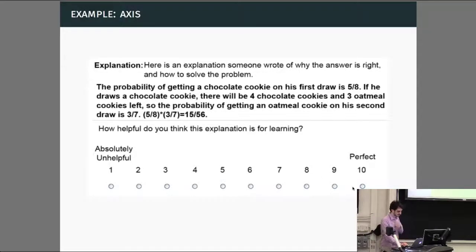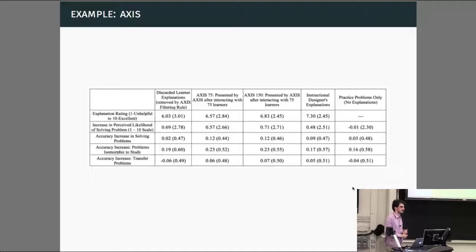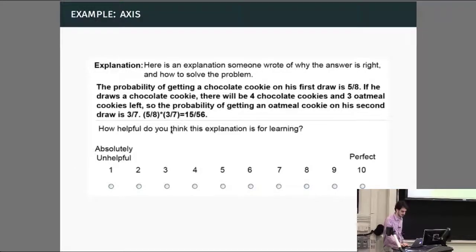Okay, so these are some of the results they found. What they actually did is they used this multi-arm bandit for like 150 users, doing a series of problems, and then they took the policy that was generated at the end of that, and they tested it on like 400 or 500 new users to see how it compares to an expert instructor's explanation, as well as a random policy. So a policy that just randomly gives different explanations.